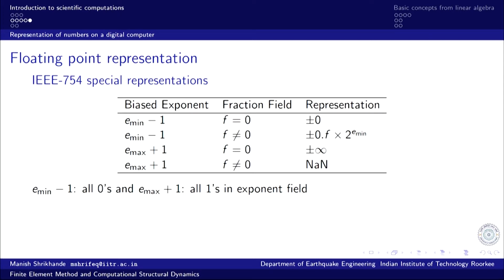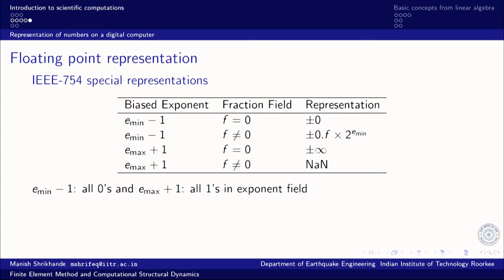So, in the representation, the exponent field is all 0 and the fraction field is also 0, then that representation is taken to represent 0, and it can be plus or minus depending on the sign bit, whatever it is. So, that is an assigned value. This representation is assigned a value of 0. There is no way we can ever arrive at this number by computation. I again reiterate this sentence.